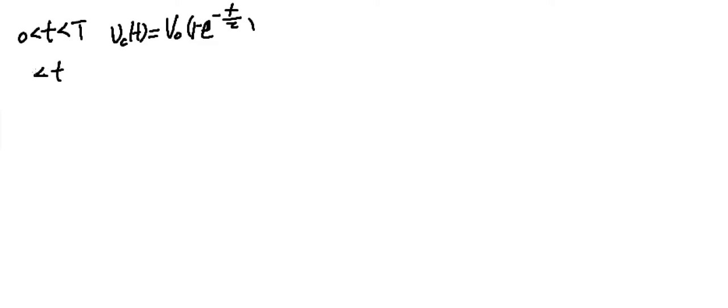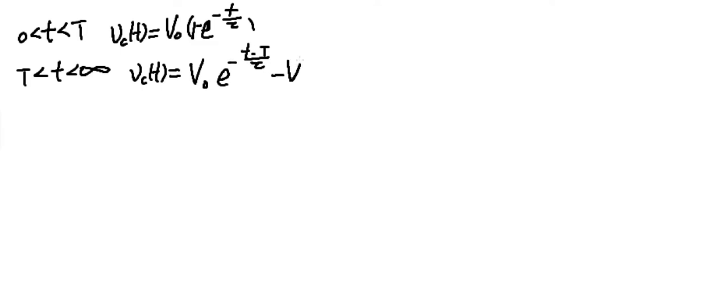And when t is bigger than capital T and smaller than infinity, we get VC(t) equals V0 e^(-(t-T)/tau) minus V0 e^(-t/tau). So this is the final solution for the circuit